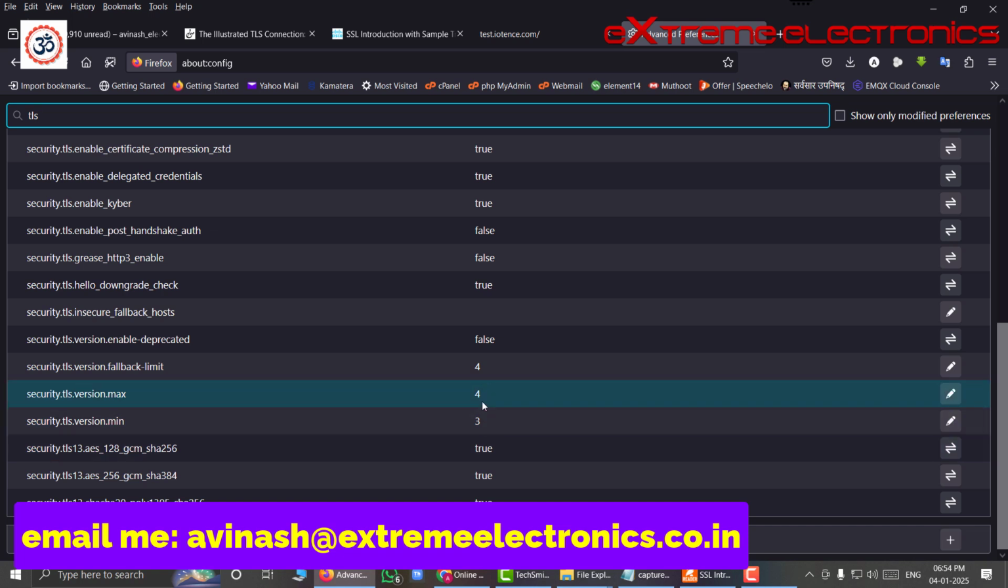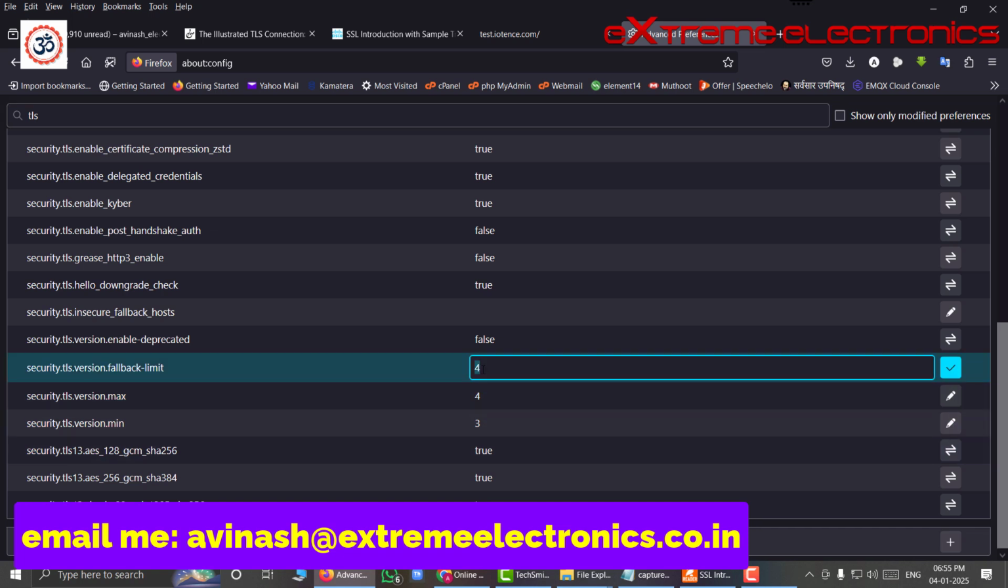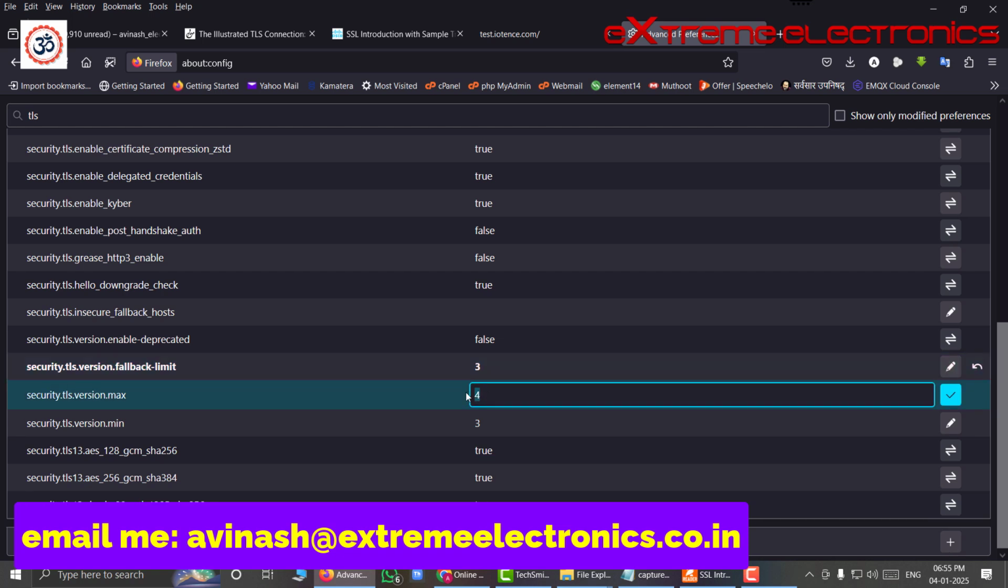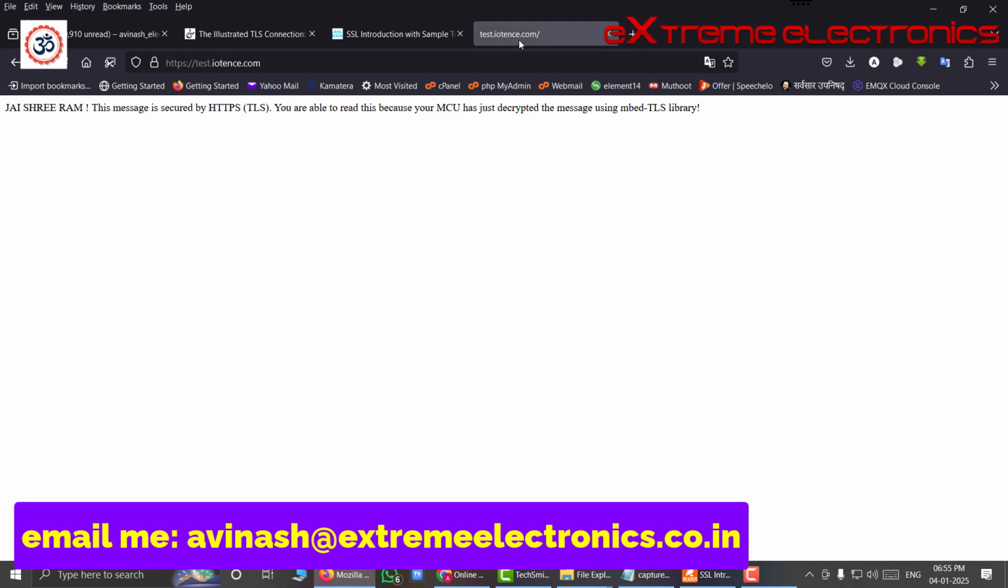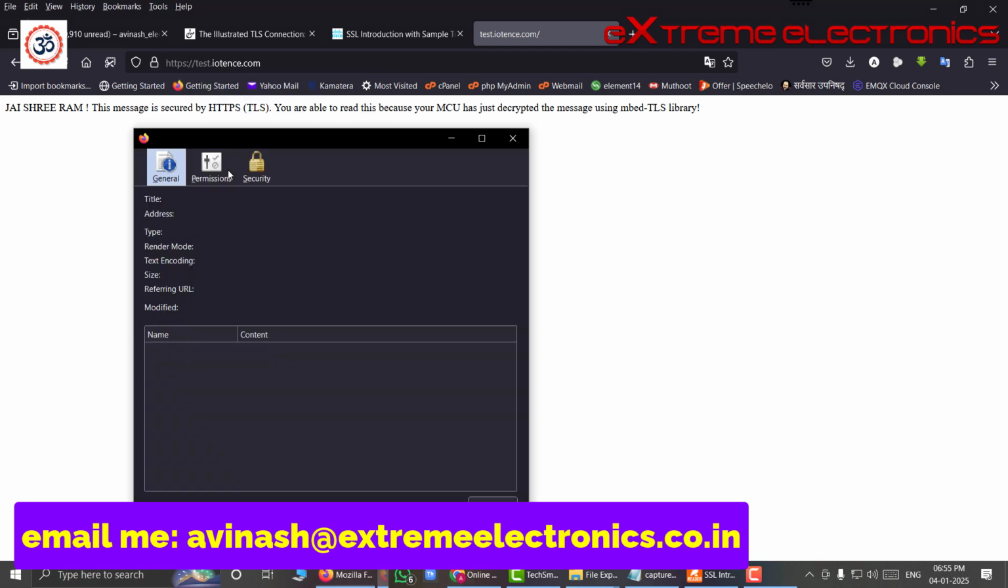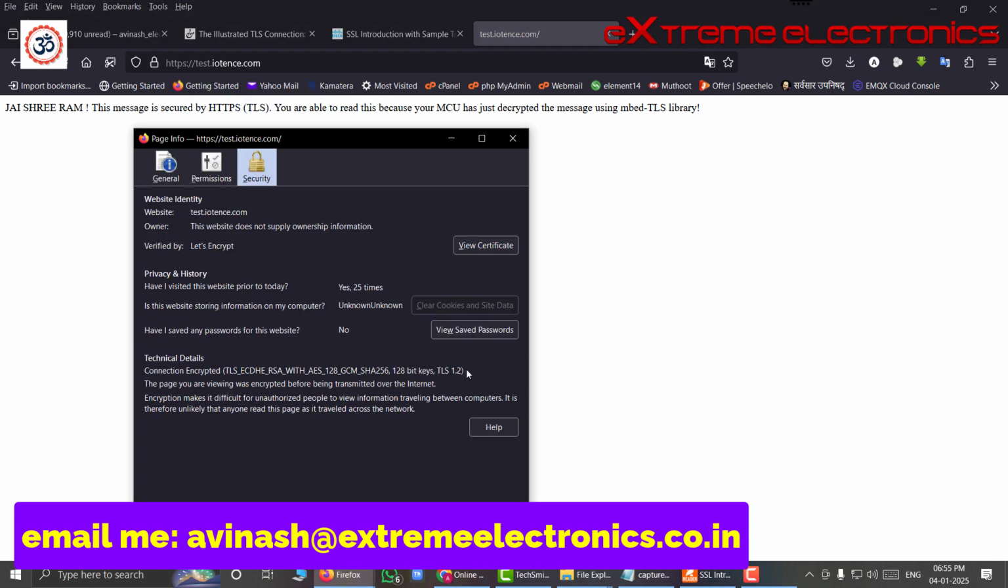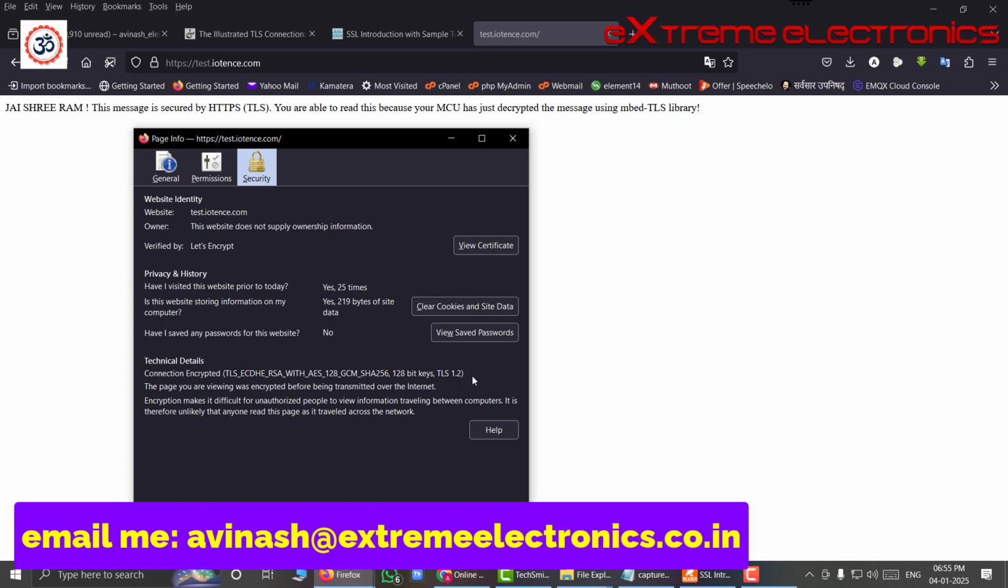So as we know, we have to set it here to 3. This corresponds to TLS version 1.3. Okay, now we can close the tab and refresh this page, and once again check the certificates, connection is secure, more information, and here we can see that now Firefox is using TLS version 1.2, and